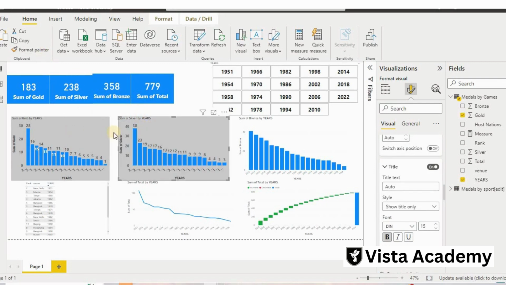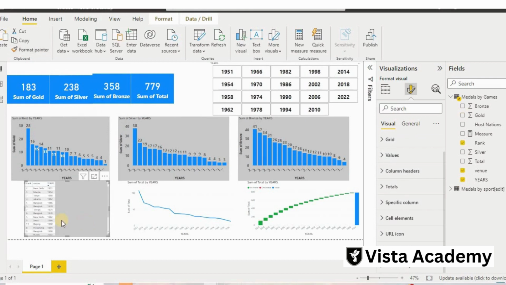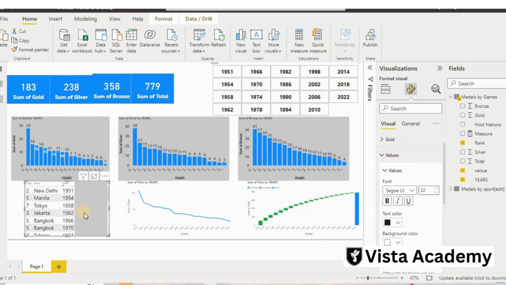So I format this also, click over this, format this again, click over this, format this again, and I think we have to increase the value size here also. I will put it 22 here, so that is okay. So ranking wise, year wise, it will show in a more proper way how this chart will look.